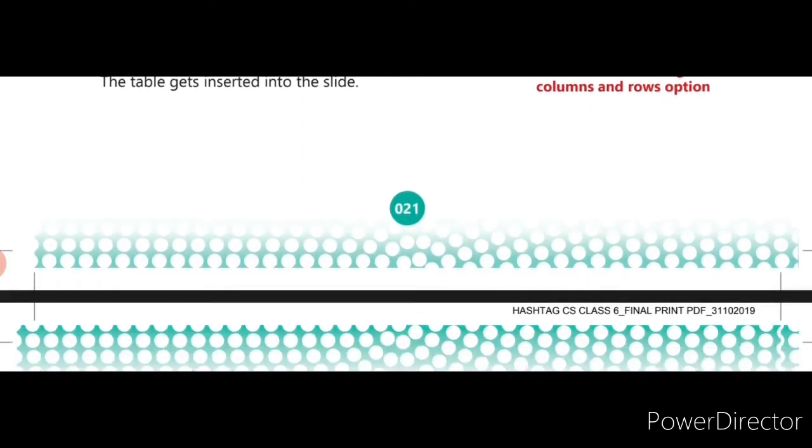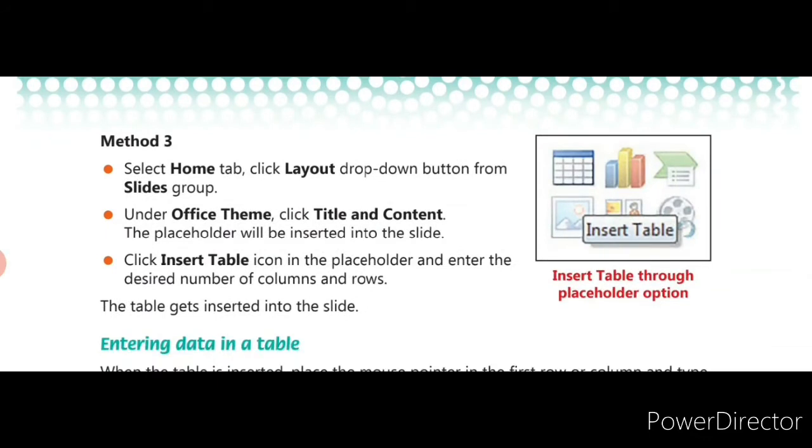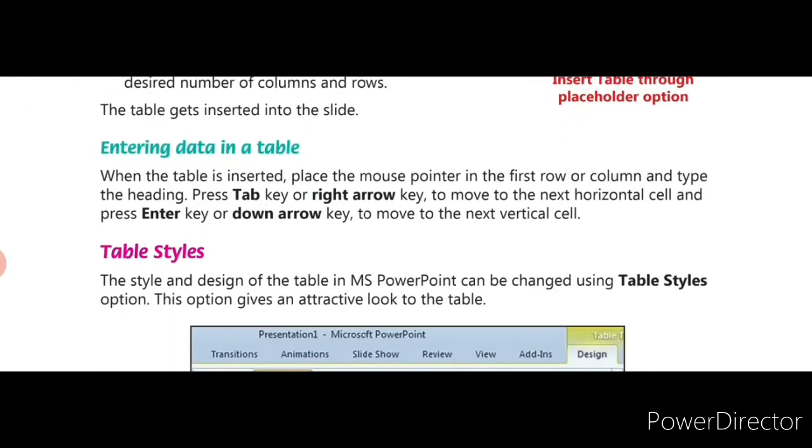The next topic was change table shading. We have seen the steps to change the table shading, which means changing the background color. For this we need to select the design tab under the table tools contextual tab. In that we click the shading drop down button to choose the desired color.